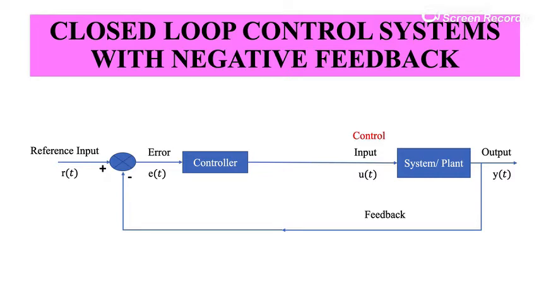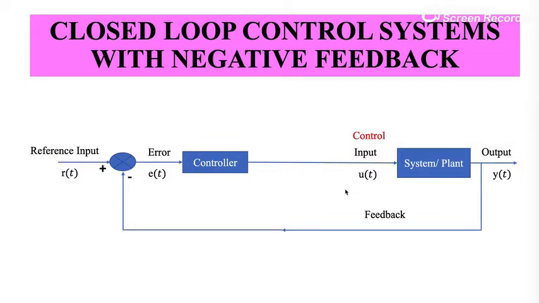In this case, it is called negative feedback. The reason why it is called negative feedback is because of the summing junction. This is the summing junction where we are comparing the reference input to the output. Okay, so here we are taking the difference between r(t) and y(t). So this is called negative feedback. There can be various other attributes that can be added in this basic closed loop structure, and that is something which we are going to look at now.